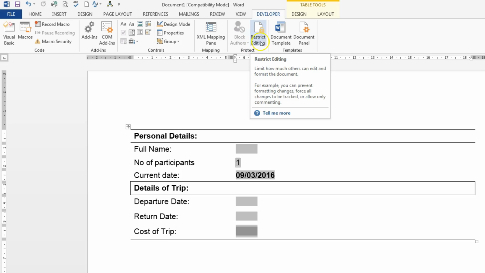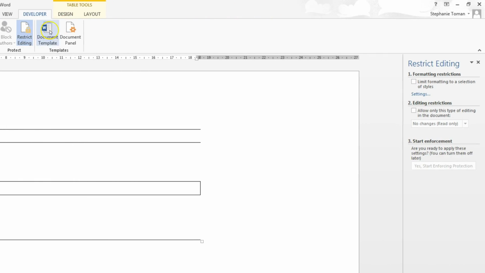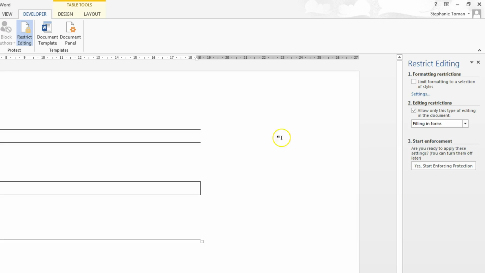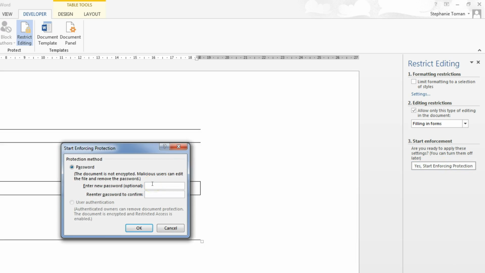Now we have to go back to restricting it so that people can fill the forms in when we send them out. So we click on restrict editing. We're only allowing this type of editing in the document, and then we have to drop down and we have to pick filling in forms. If we start to enforce the protection, then we need to use a password holiday that we've been given to restrict that editing,